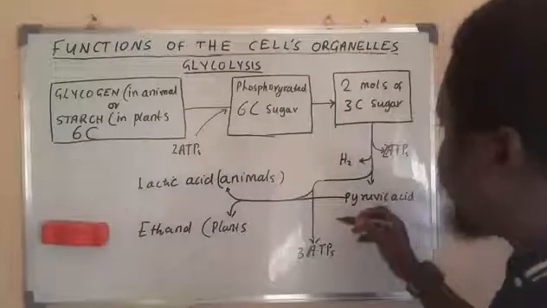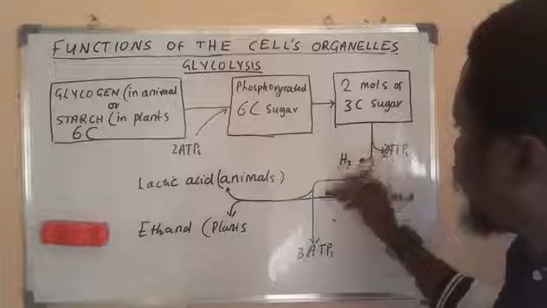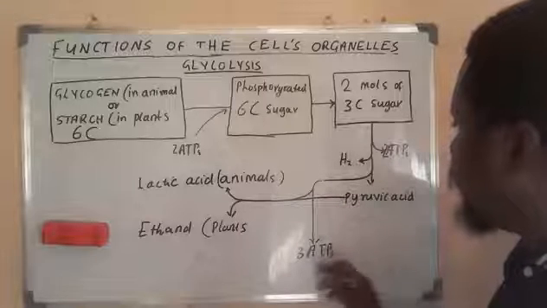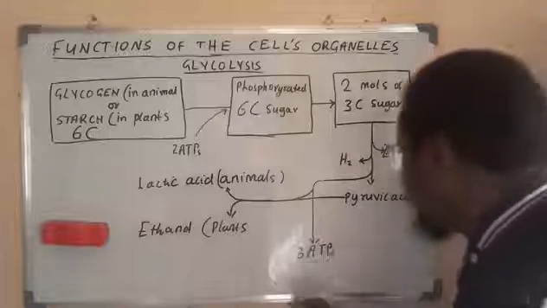But if there is oxygen, it will enter into the mitochondria, where it's going to produce 3 molecules of ATP,